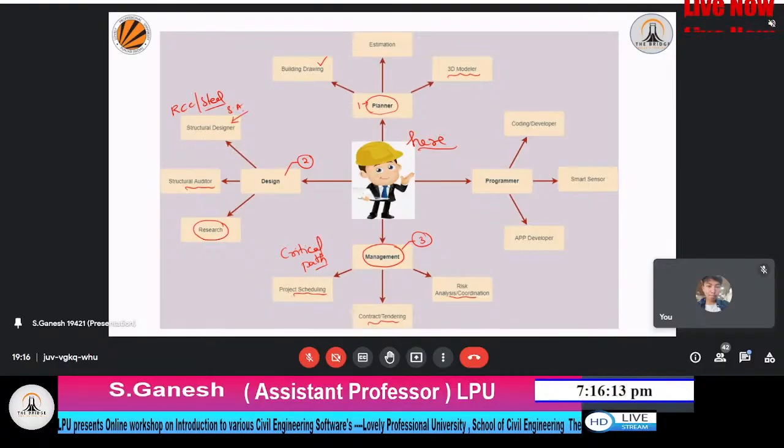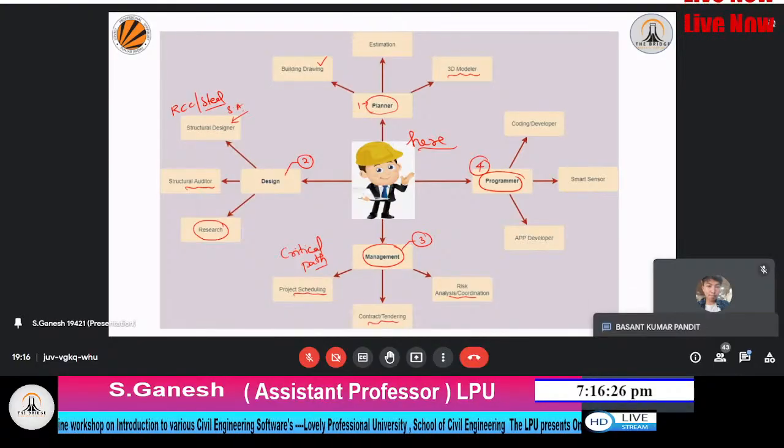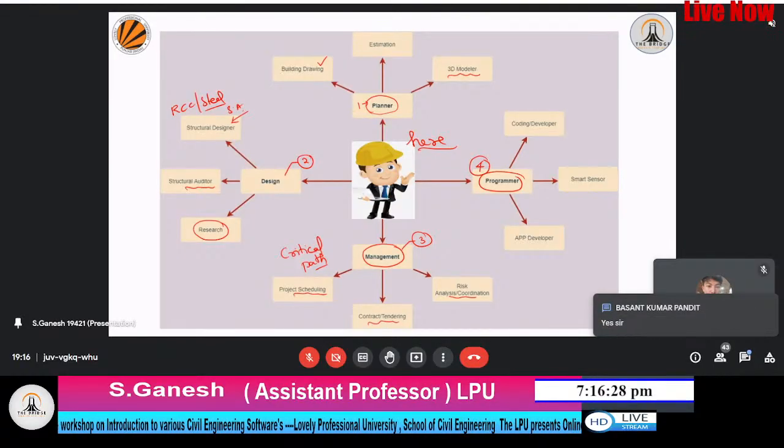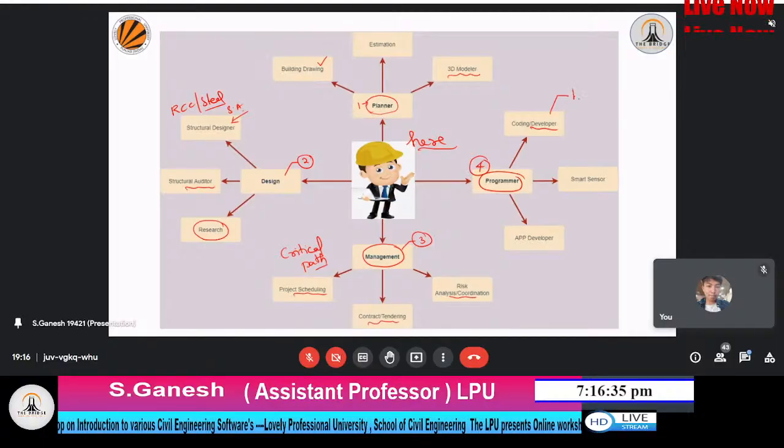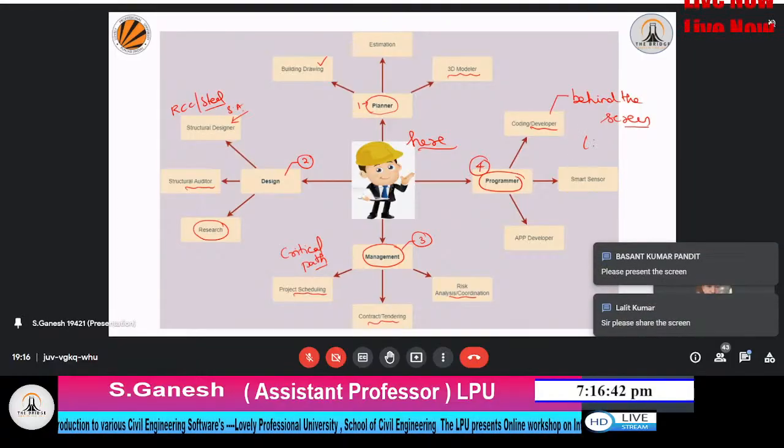The fourth stage I'm showing you is as a programmer. When you go for a programmer, what is the meaning of programmer? Why do I want to go as a programmer? There is also a demand for programmers. If you go as a programmer, there is more demand in the market for civil engineers. Why? The reason is you want to be a developer behind the screen. Behind the screen, what you want to be is either in an Autodesk company, or in a